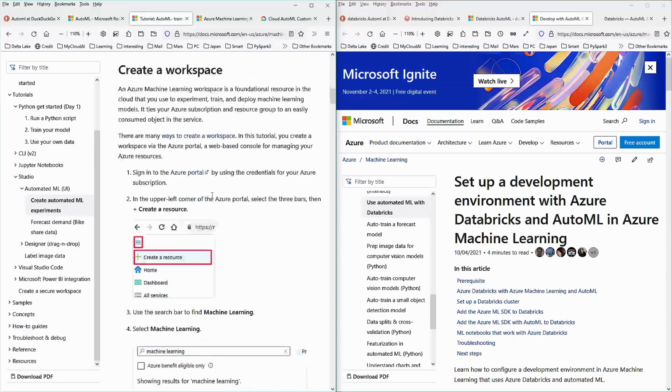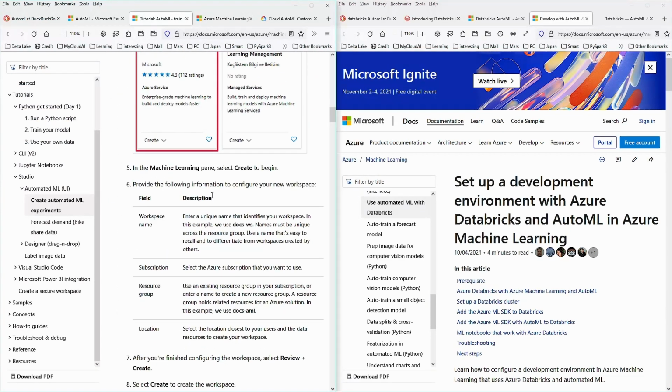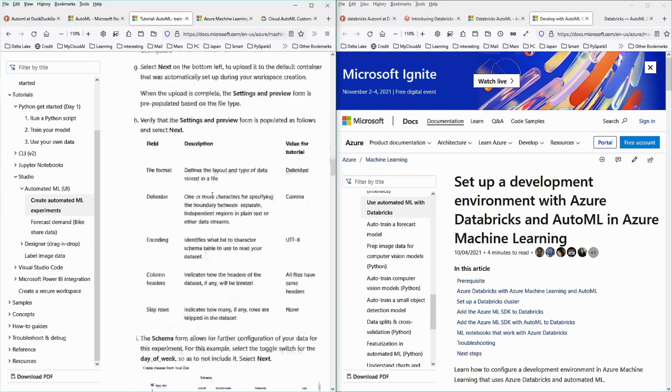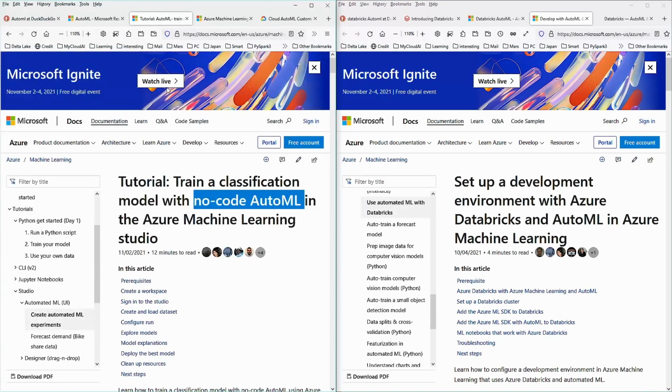Okay, prerequisite: create a workspace, name it, sign into the studio. Okay. As you can see here, on the other side, I already have something also from Microsoft, but